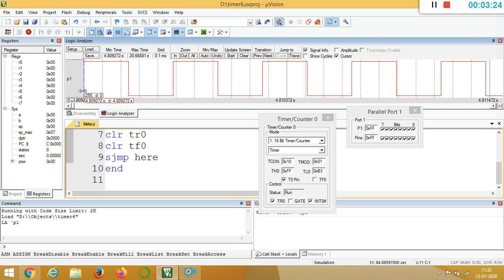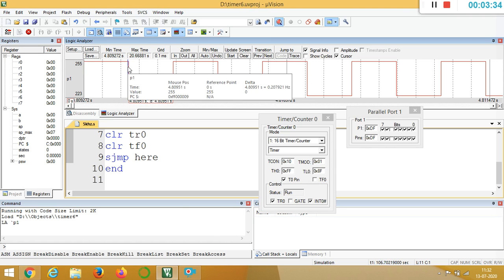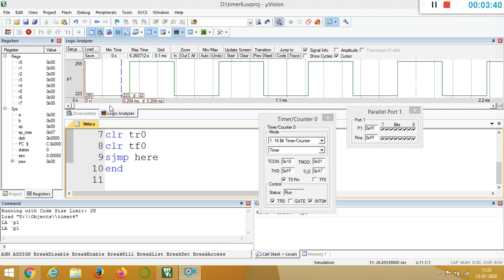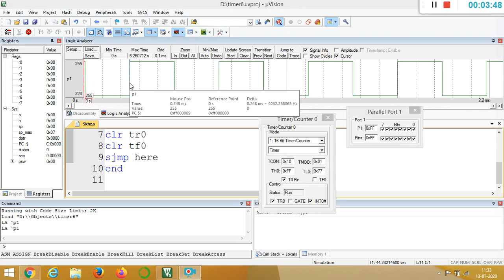Okay. So once I make this the initial count, here you can see this is the waveform you got for 2 kilohertz. So this is 0 second. Below you can see D is equal to 0 second. So for half pulse it is 0.248 millisecond.